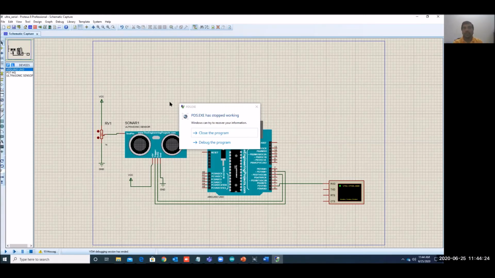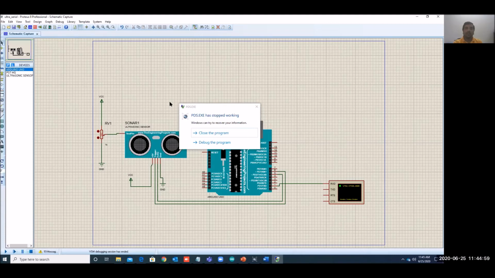Okay. Applications of ultrasonic, as I told, because our topic itself says introduction to microcontroller interfacing and application. So for application, as I said, you can use this in any kind of dispenser, like a sanitizer dispenser, soap dispenser, water dispenser. You can use this for a doorbell, for a security system, and you can use it for accident prevention. Like, just consider, suppose you are driving a bike, and